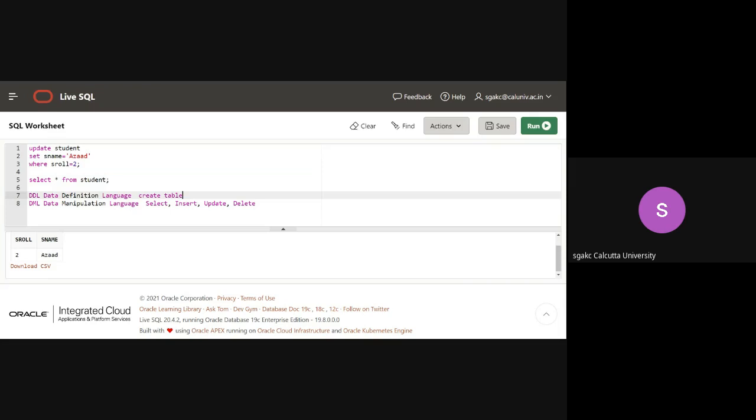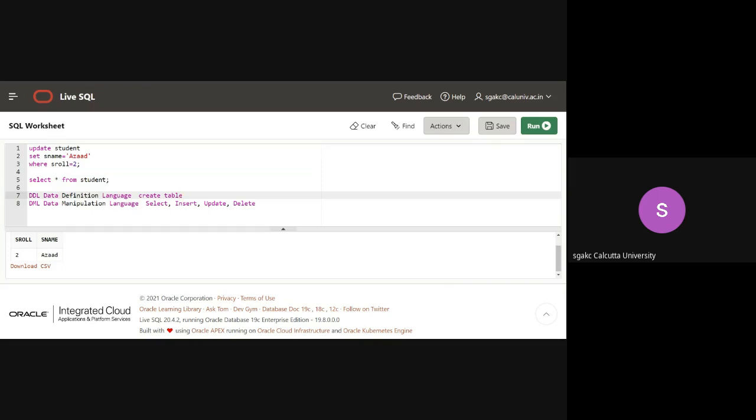If I want to remove a table, I'll have to drop the table. When we discussed in the first class, if you do a delete from table, the data will be deleted from the table, but the definition of the table will still exist in the database.